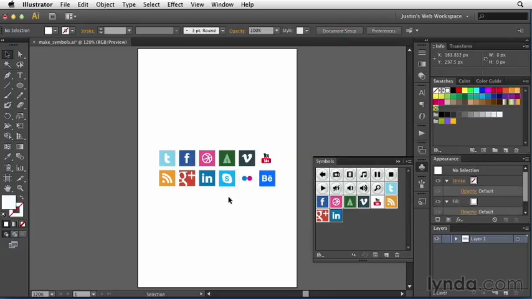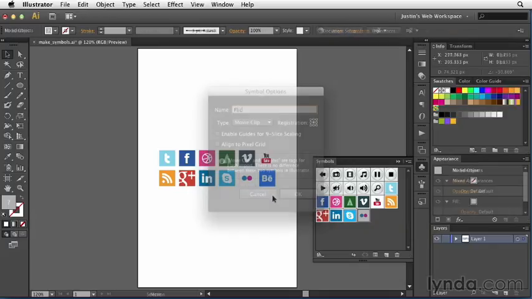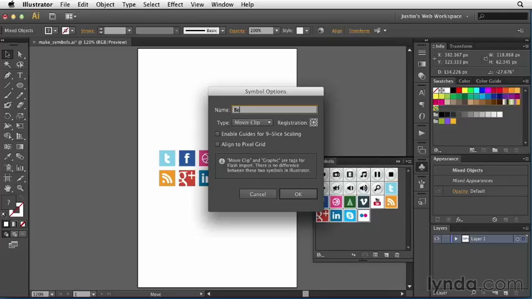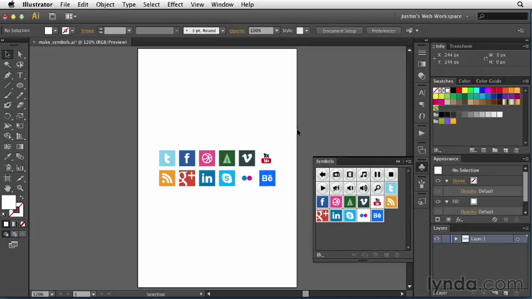And we'll grab Skype. This one will belong to Flickr. And the last one is another design social network called Behance. There we go. And hit OK. And so now I have all of these symbols loaded up over here. Anytime I need to use them, I can just drag out a new instance of